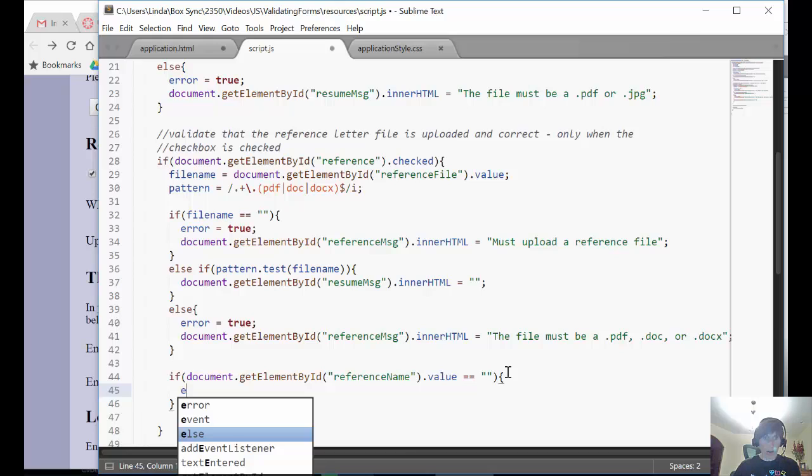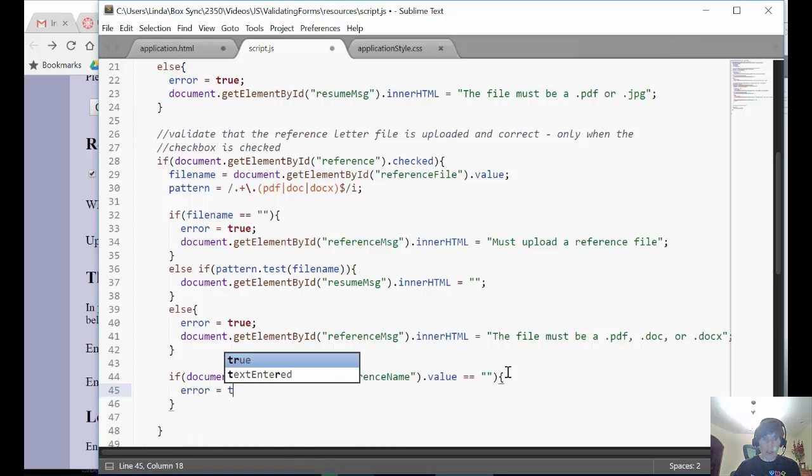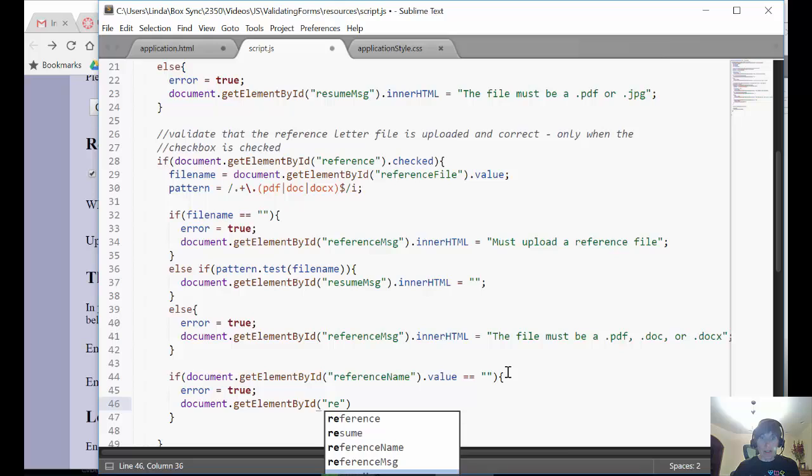So we'll set the error to true, and we'll write to that message. This is reference name message. And we're going to set the inner HTML equal to